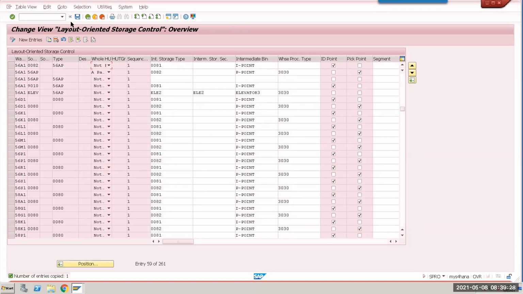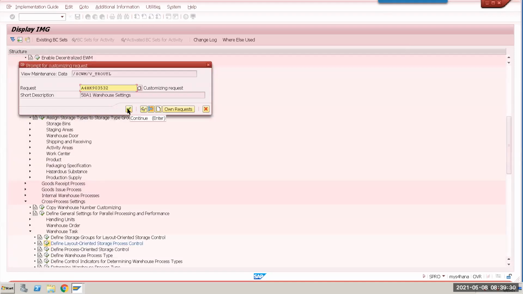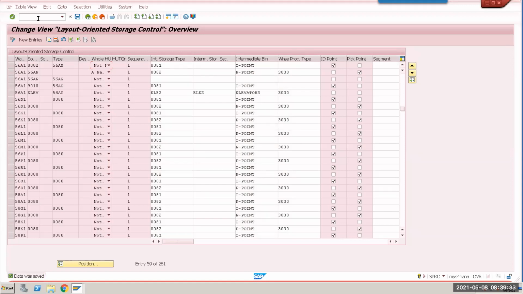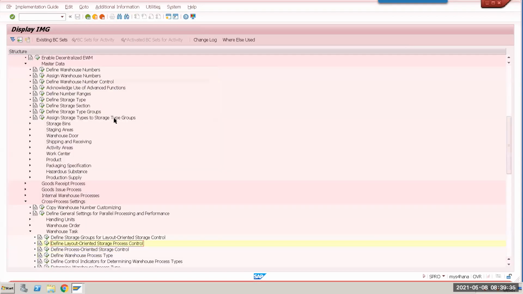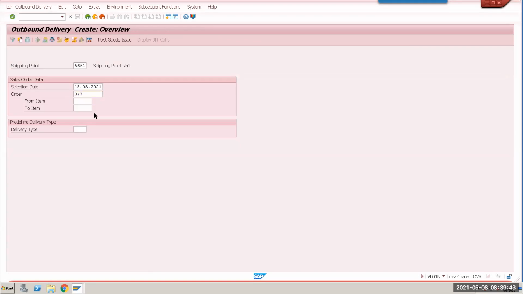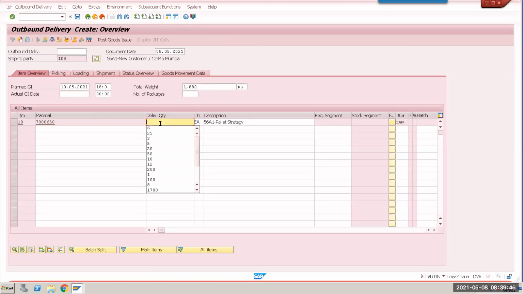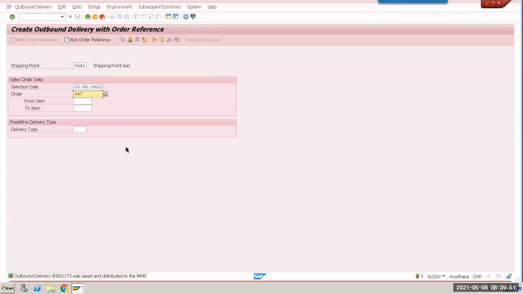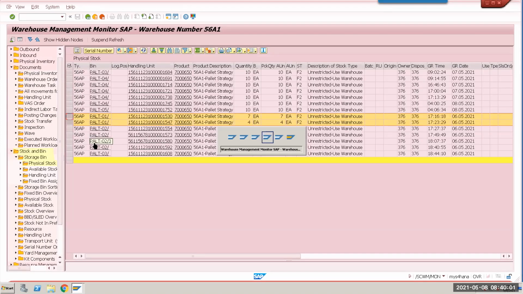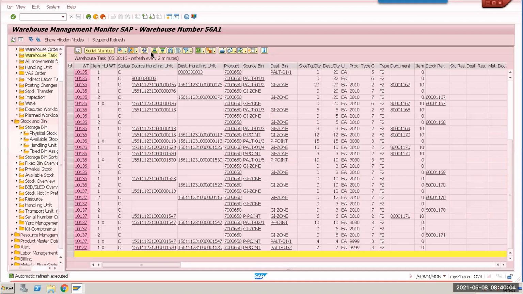I'll answer. See, the first point is 56 AP. If you want to consider ID point, you have to take that. Second point, in this table, you have to make sure from which source location it is coming, then only it will consider. First, anyhow, you have to have an ID point tagged. That is the primary thing. Second, depending upon this table, in which case it will trigger. Both conditions should be met. So if the source is not 9010, like in our case it was 0082 as interim, that is the reason ID point did not trigger. In this case also it will not trigger now because we have not made that entry. 0082 is not in the source location table; we have to make it. Yes, it was not in the table.